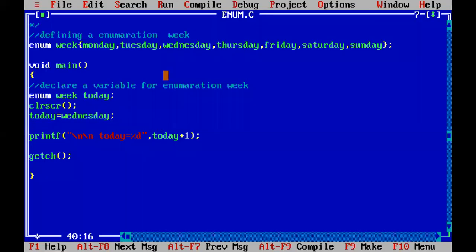That means it is the third day in the week. What is the third day in the week? Wednesday.